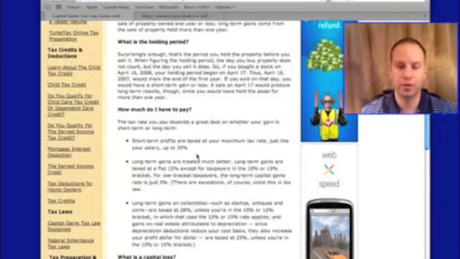Short-term capital gains, you're taxed up to 35%. Long-term, you're in a lower bracket. So it can go all the way down to 0% right now, actually. So you have 5, 10, 15%, 0 through those ranges on long-term. So if you can keep the stock more than 1 year, I recommend that. And here's some of the other items I talked about. You could be taxed on this if you sell them. Stamps, antiques, coins, they're taxed at 28% unless you're in that long-term bracket.